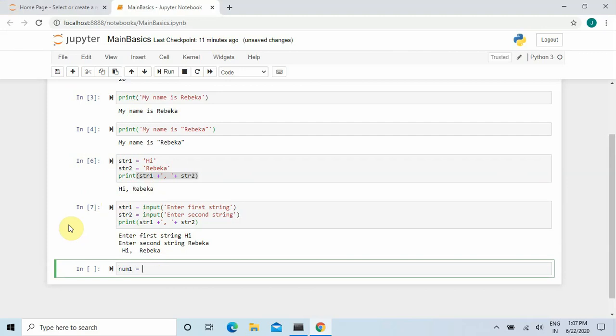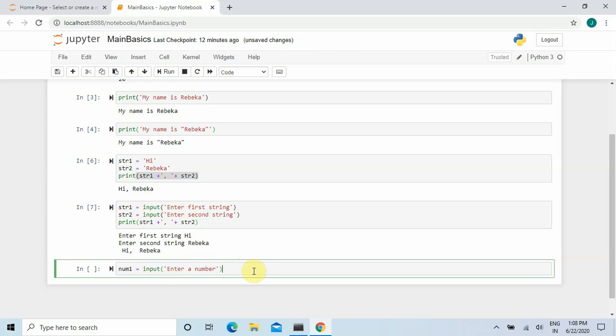Now suppose num1 is equal to input, enter a number. Now suppose you want to enter any integer number or any float number. Now what will you do in that case? You will type input, enter a number.